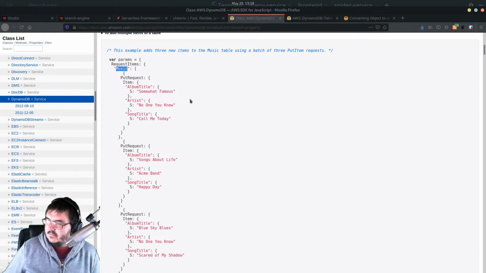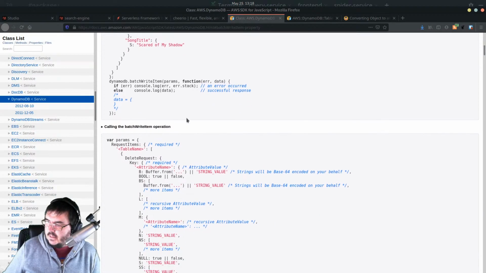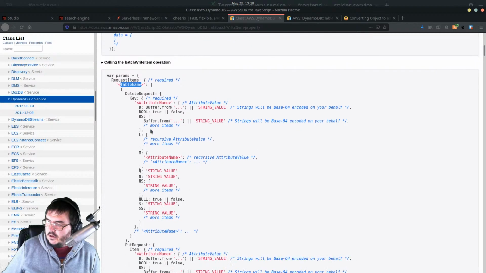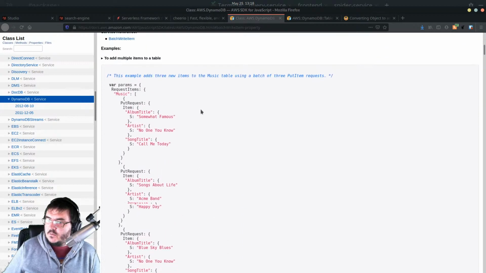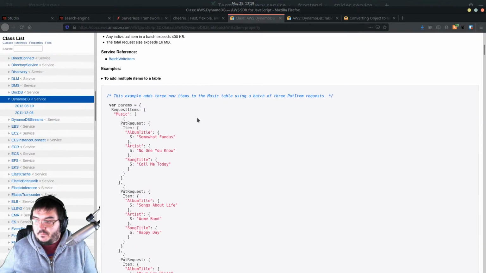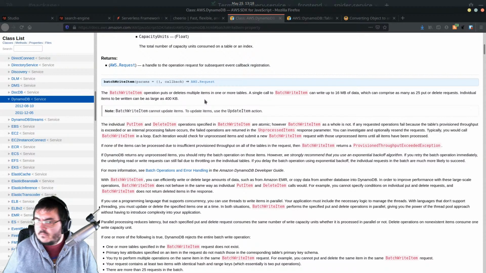I'm guessing. Yeah, okay, table name. You can do delete request, put request, so that's what it'll be. Okay, so if we have to, we'll do that, and then it makes it one big API call as opposed to many. I'm wondering, what is the limit? Batch write item. How many items can you batch write? Write up to 16 megs of data, 25 put or delete requests. Okay, so if we have more than 25 items,